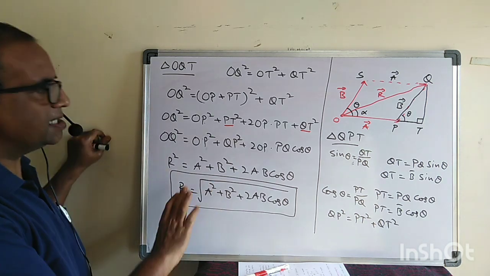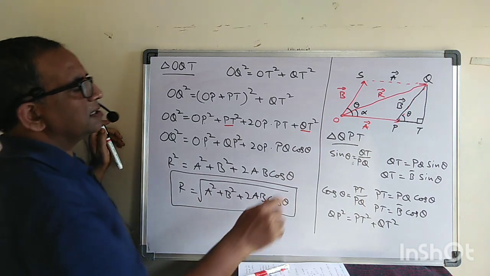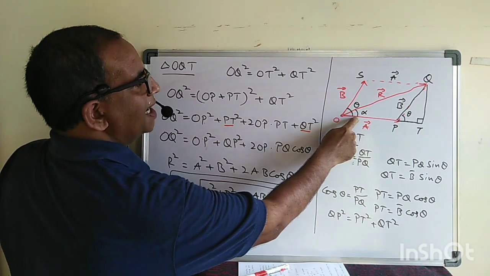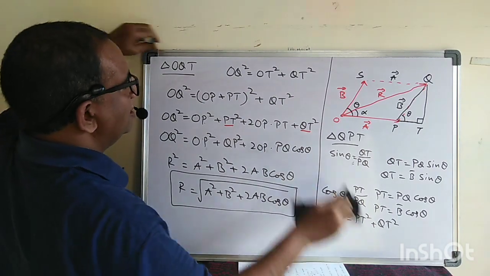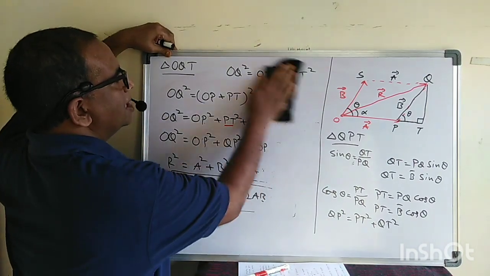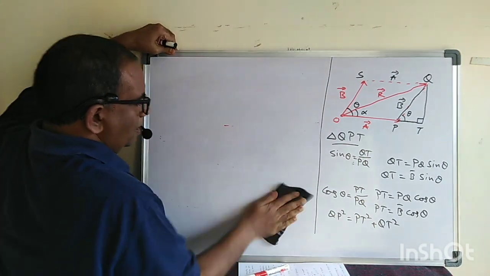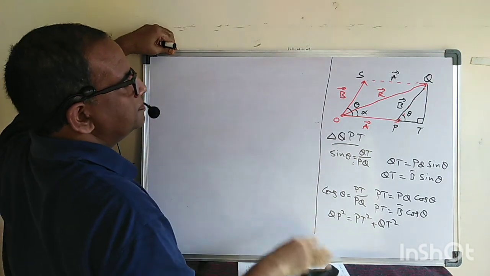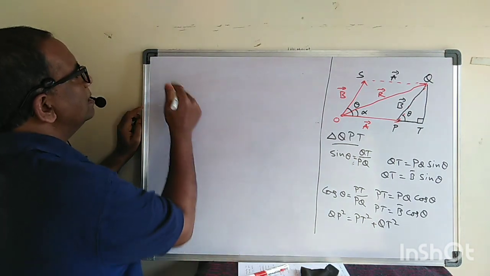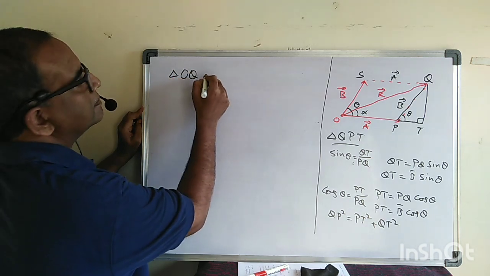Okay. Now see, we got the resultant here. Now what is the other question here? The other question is if you have to find this angle alpha. And how can we find this? You can pause and copy this one and write it down. Then see how we can find it here. Again observe this triangle, the triangle OQT.